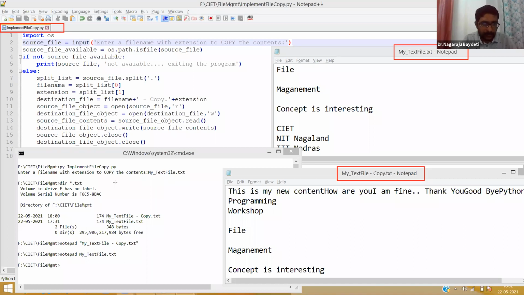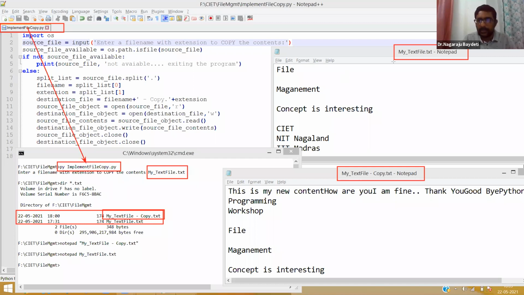See, this is the source file, mytextfile.txt. And I am executing the program implement file copy.py. And then I could get this destination file with the same contents. This is the program I executed.